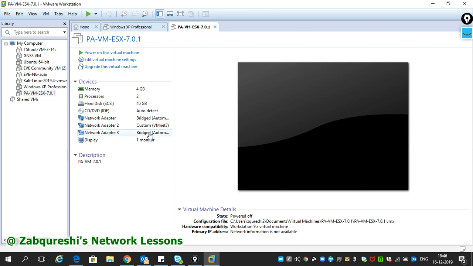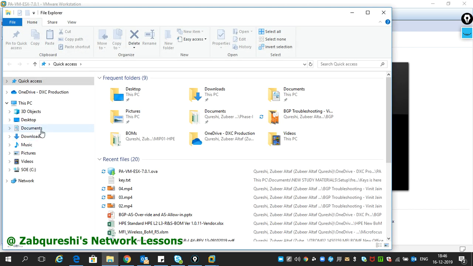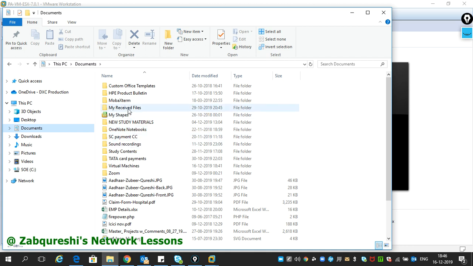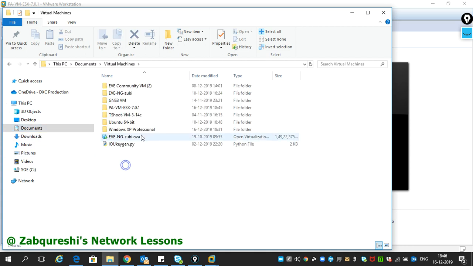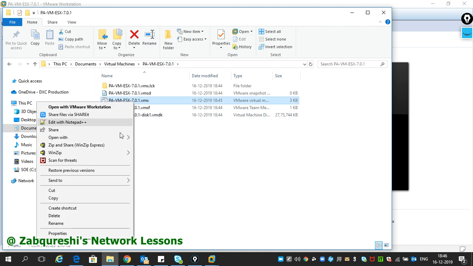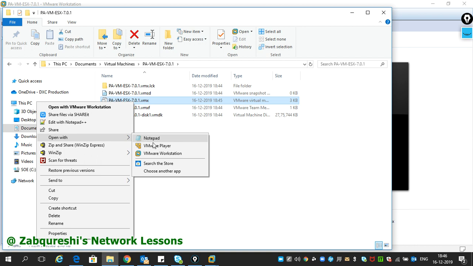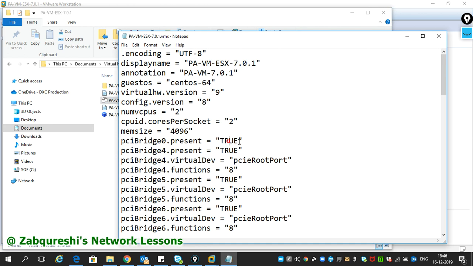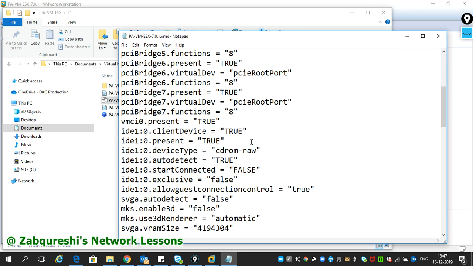So whenever you add an interface, like this edit and add or double click add, you need to go to the virtual machine folder, wherever you have installed the virtual machine. Mine is here, and then you need to go inside the Palo Alto folder and edit this VMX file. I'll tell you why, because that interface will not come until and unless you change the